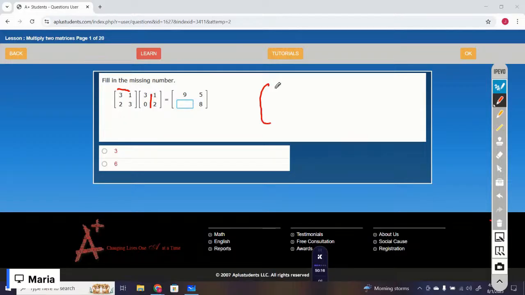So we have to do 3 times 3 plus 1 times 0, then 2 times 3 plus 3 times 0. So that is 9 plus 1 and 6 plus 0. So that is 10 over 6. So the missing number is 10. Option number